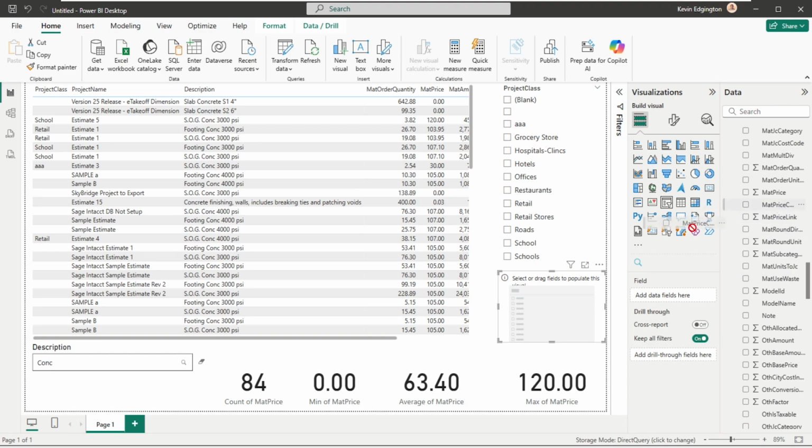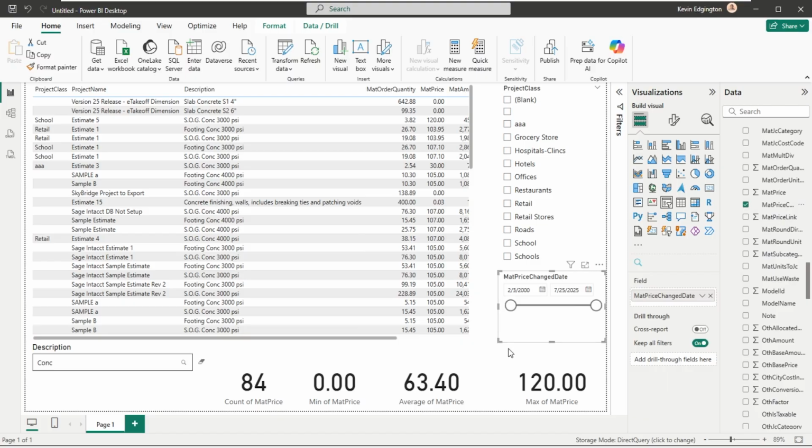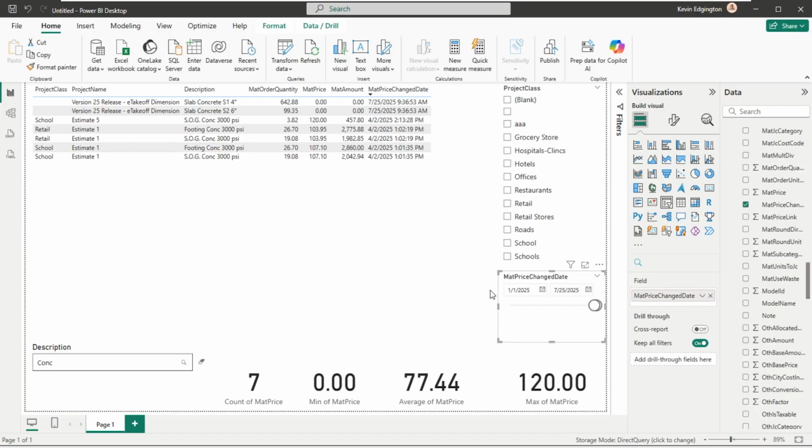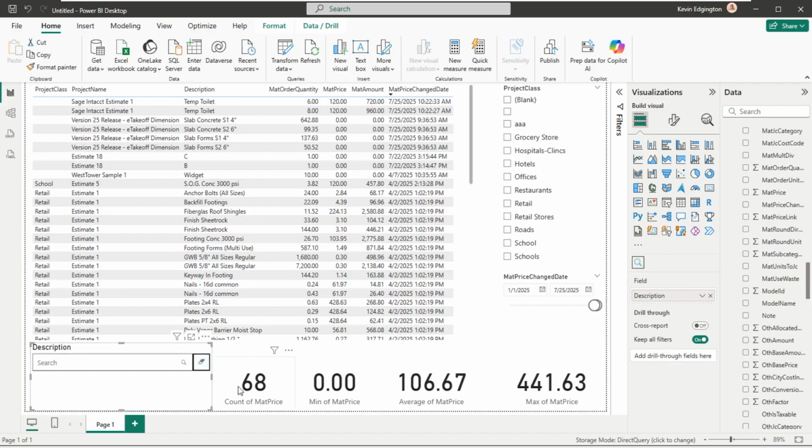Material price change. So now you'll see that it's got some sort of a range selector and so forth. So there again, if I want to say, show me everything that was modified just this year. In my case, I've only got 7 items that were updated this year, so I can basically just go off and find them. Or that has the word concrete in there at least. Versus if I go ahead and clear this one, there might be 68 items that have been modified.